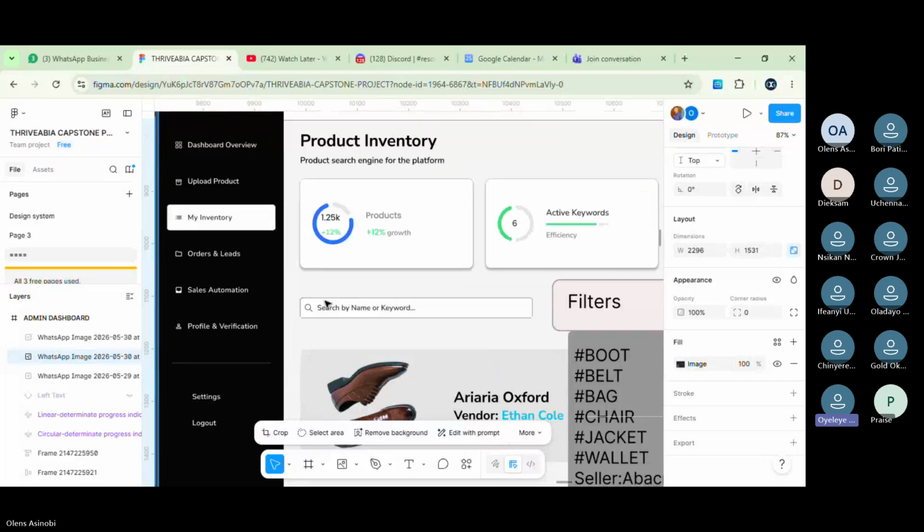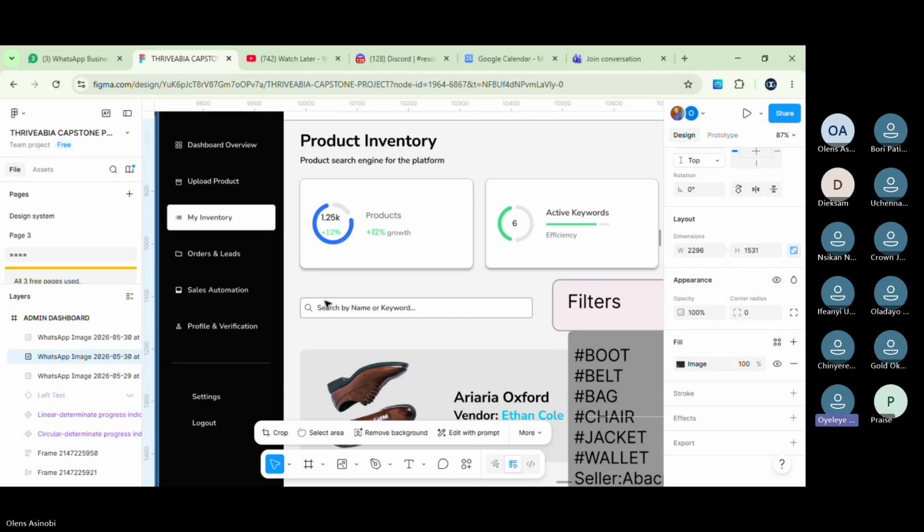To me, I feel like since it's productive, it's for the admin to be able to track the screen, or how should I say it? For the products, they'll be able to track the number of products that are in the market.